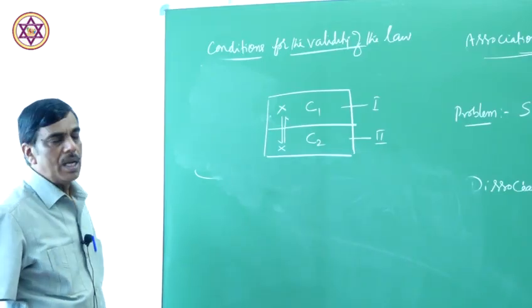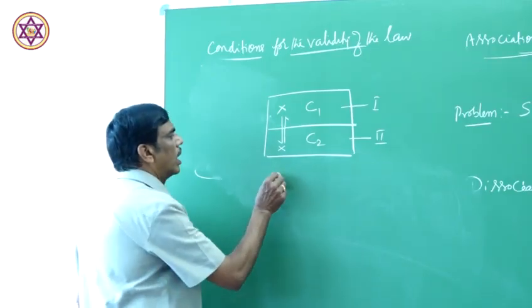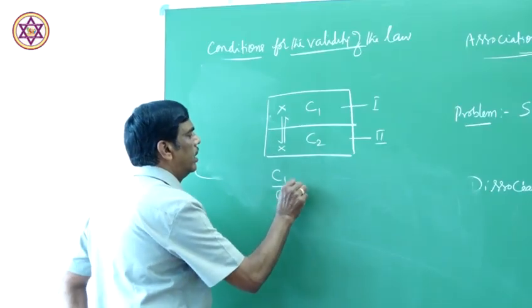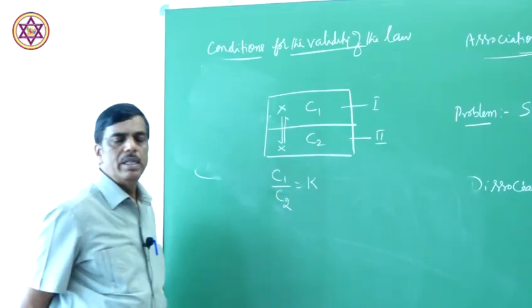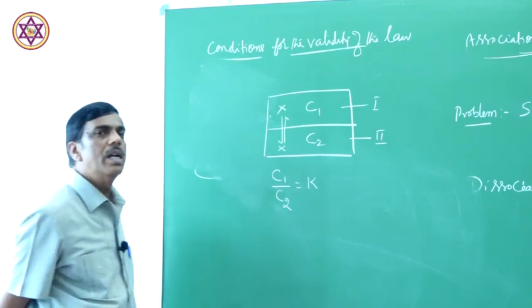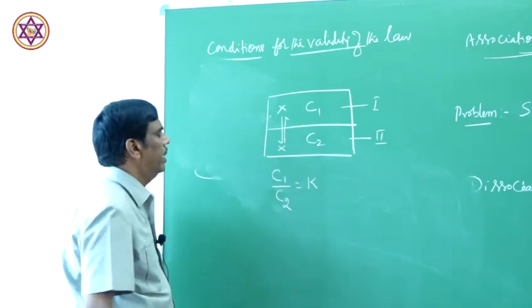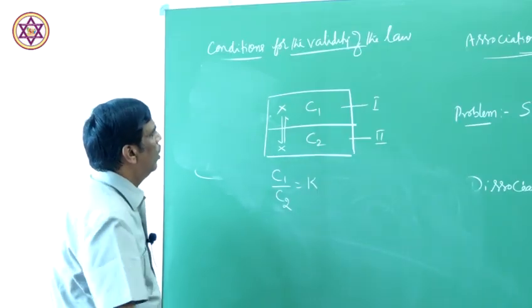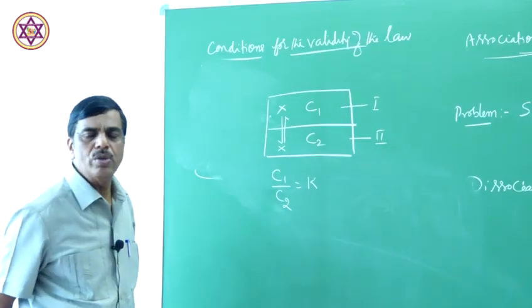According to Nernst distribution law, the ratio C1 by C2 is a constant, the partition coefficient or distribution coefficient. But when there is association,